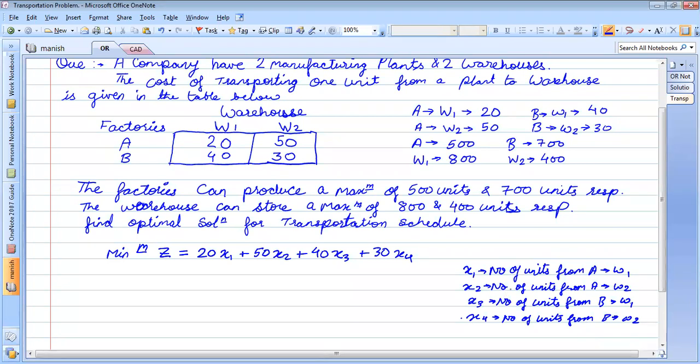Is there any problem in this? If not, then we need to write subject to constraints. Subject to constraints. So what are the constraints? Constraints will be,